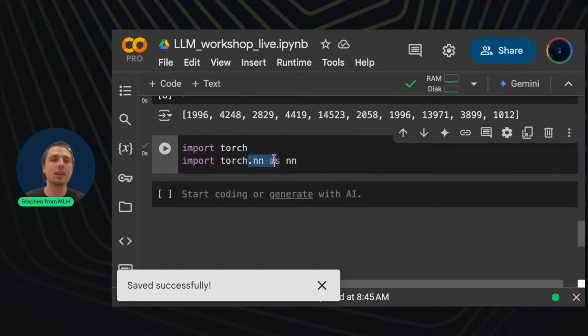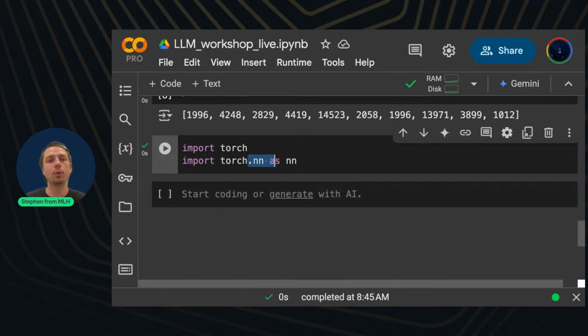One of them is this .nn, which stands for neural network. Yeah, neural network is great for building these complex transformer architectures and other architectures you might be interested in. So it's great to have that already there.